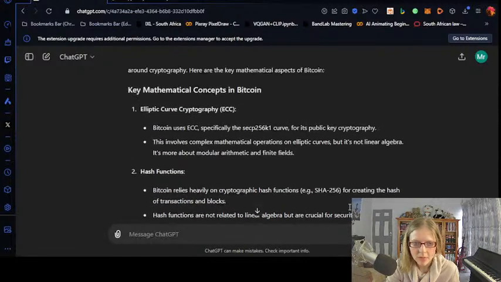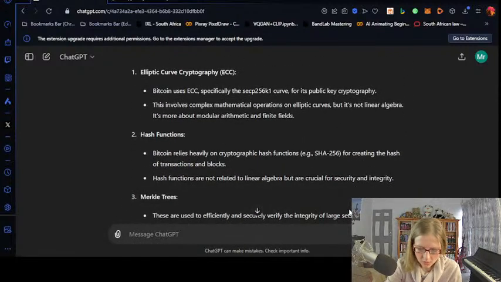So we have, oh, there's 3. We need to make a note of this for when we get to our maths section, which will be after we've covered Python at an intermediary level. So we've got the elliptic curve cryptography, which that one I've read about. Then we have hash functions